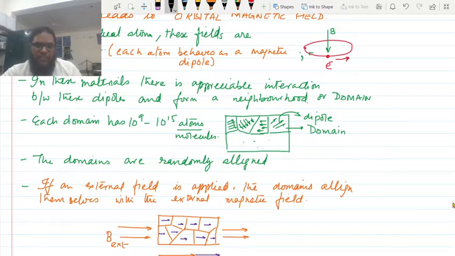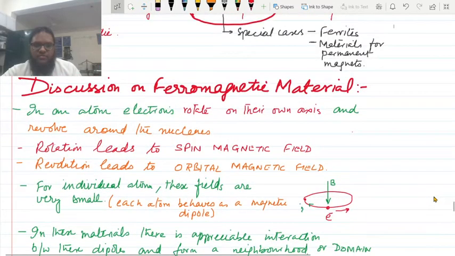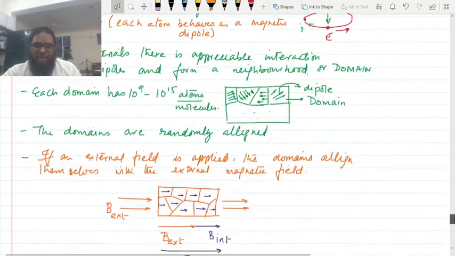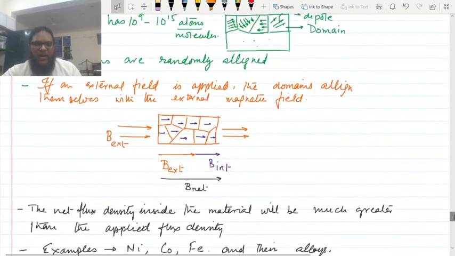these will go on aligning accordingly. A time will come, a magnetic flux density will come, when this will reach its saturation, when all the domains will be aligned in a similar direction. And if you see over here, internally there will be the magnetic field that we have applied from outside, and the internal magnetic field because of their internal dipoles, which have now aligned in one direction, and the total magnetic field will become much larger than the external magnetic field, right?